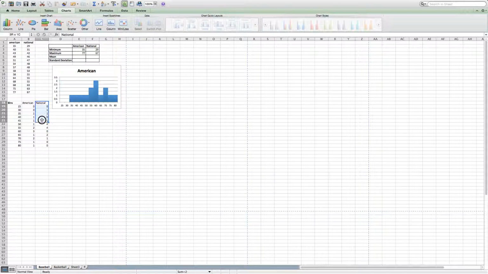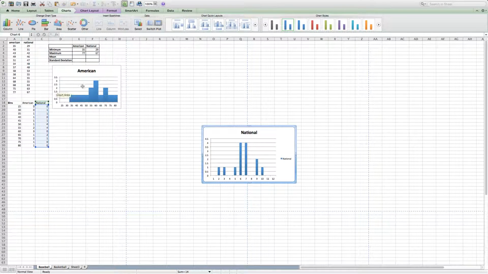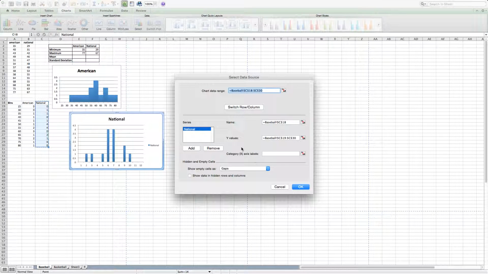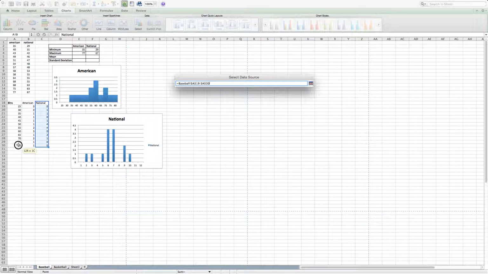So I'm going to highlight the National League. I'm going to go to Charts, Clustered Chart. First thing I'm going to do is change the x-axis to what it needs to be. So I'm going to come up to Select Data, over here to x-axis. I'm going to again select my bins,